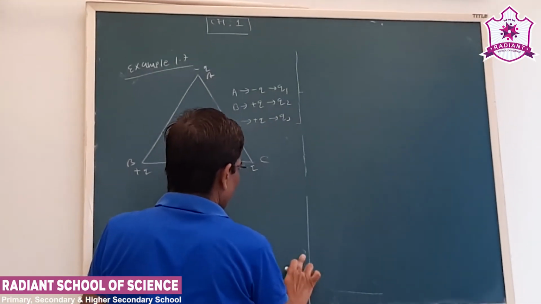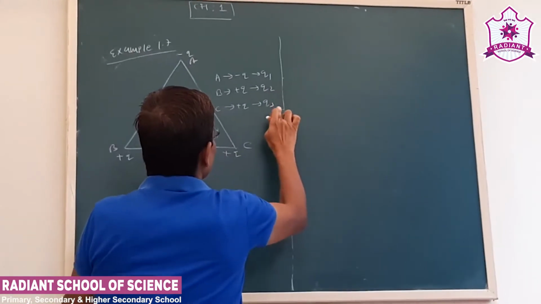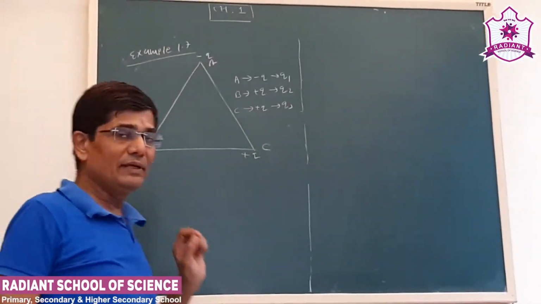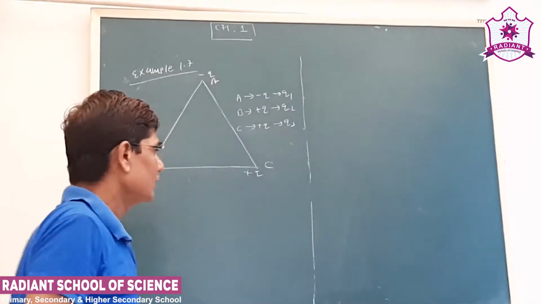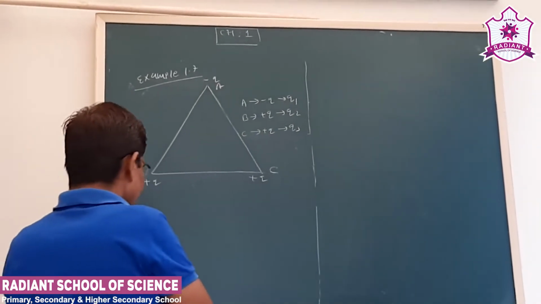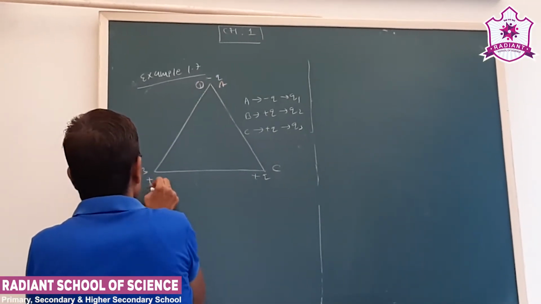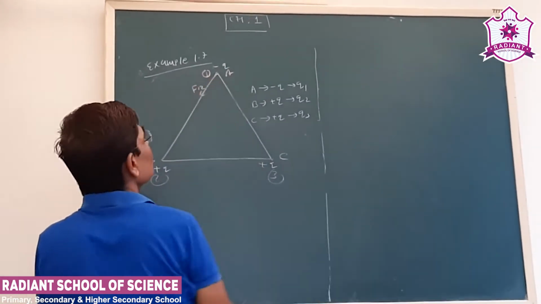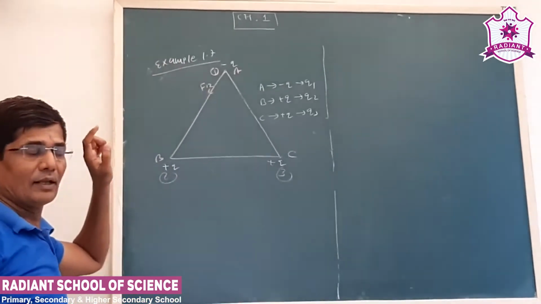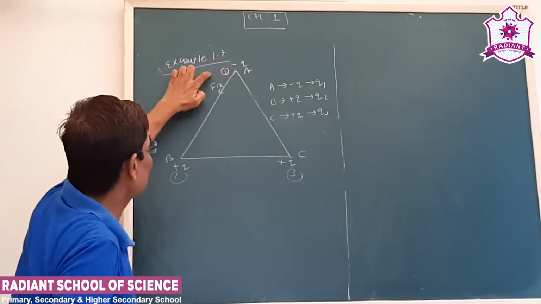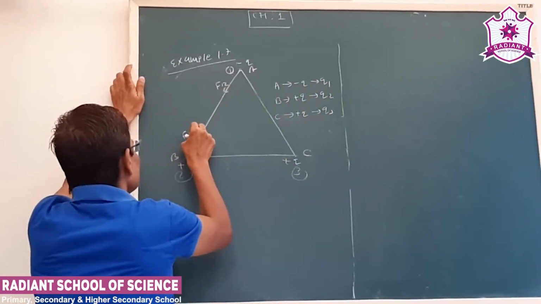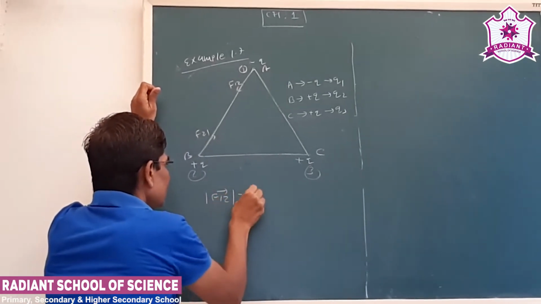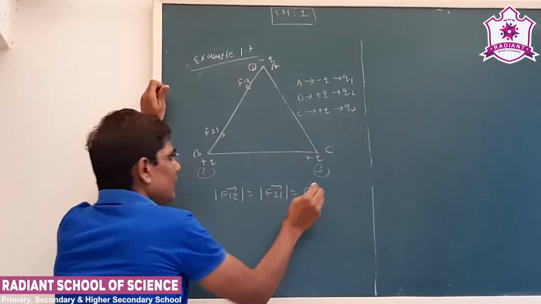Here we have to find the resultant force on each charge, that is the force on the charge at A, the force on the charge at B, and the force on the charge at C. First we give nomenclature like this: 1, 2 and 3. So this will be F12, the force on 1 due to 2. Now the force on 2 due to 1, by Newton's third law, is F21. We can see that F12 and F21 are equal, that is F.